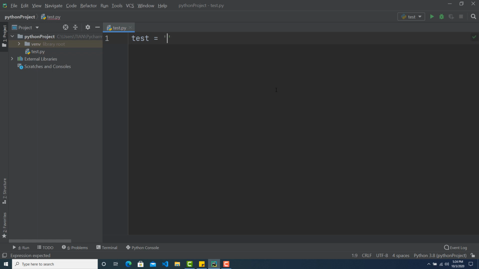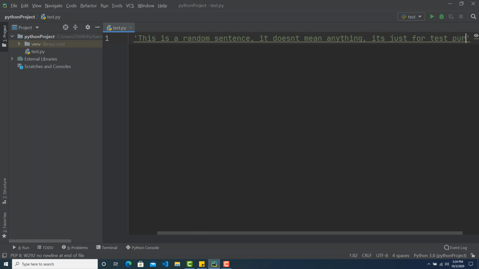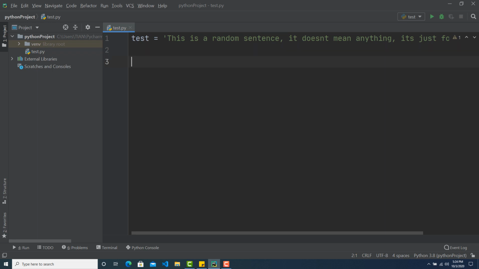test. So the sentence is, this is a random sentence. It doesn't mean anything. It's just for test purpose. So we have our sentence. So right now this is a big sentence and I want to check whether the word serious is within this